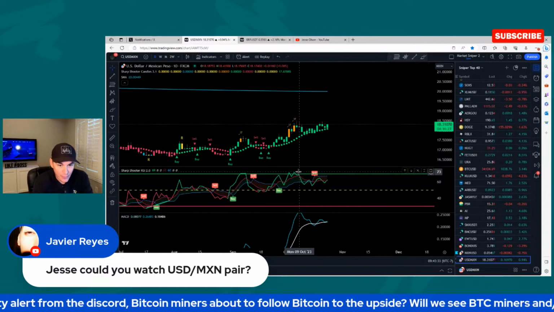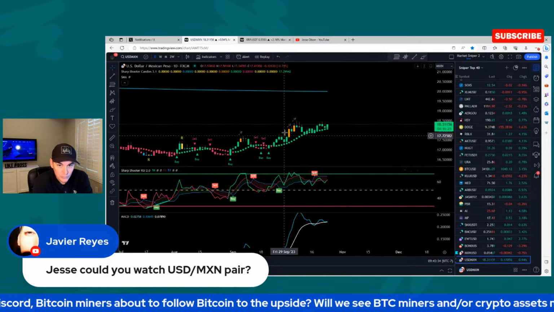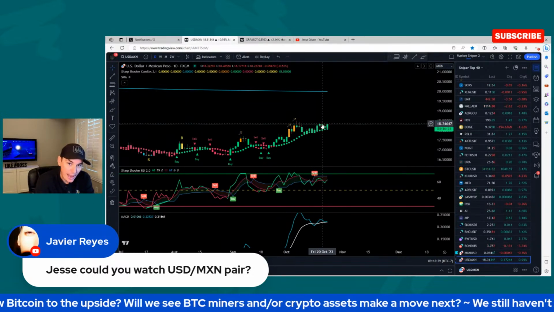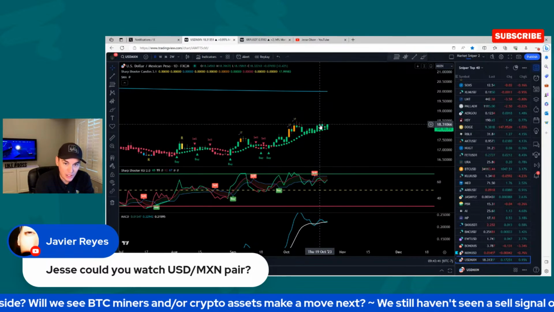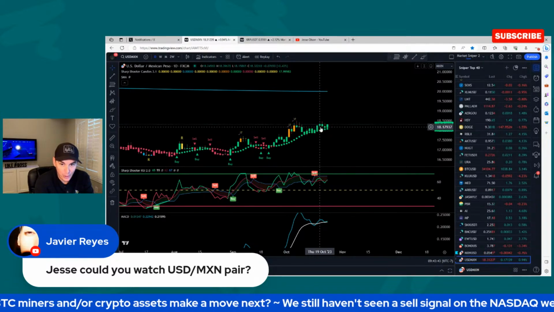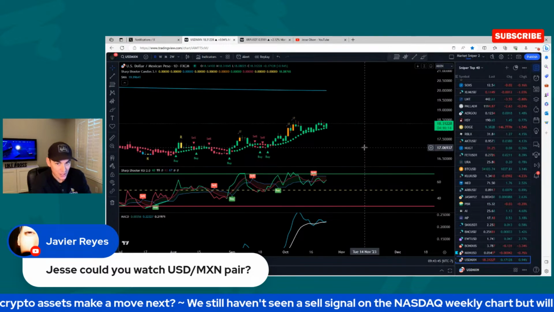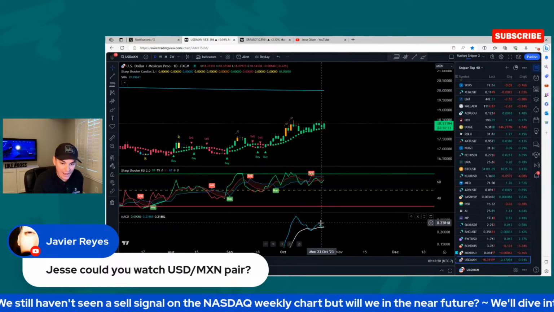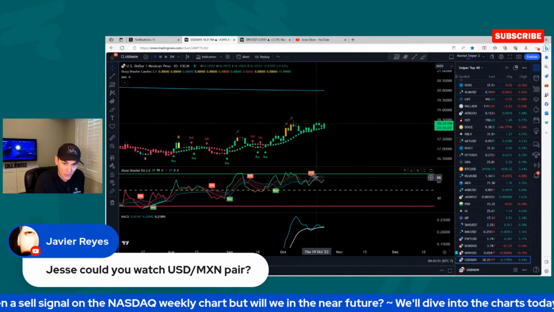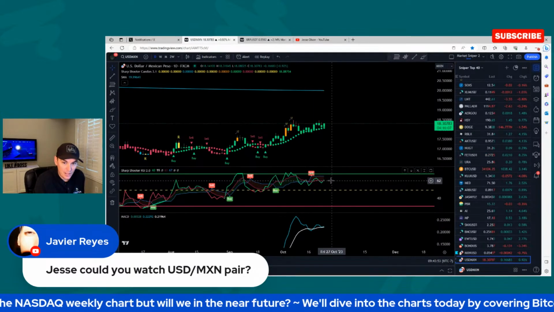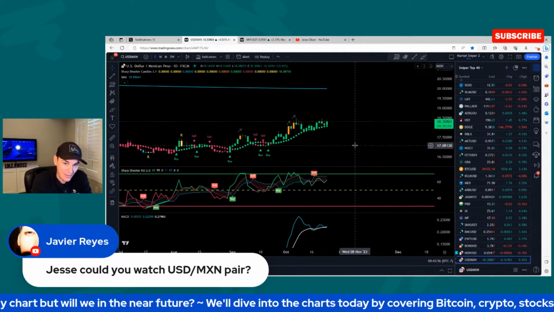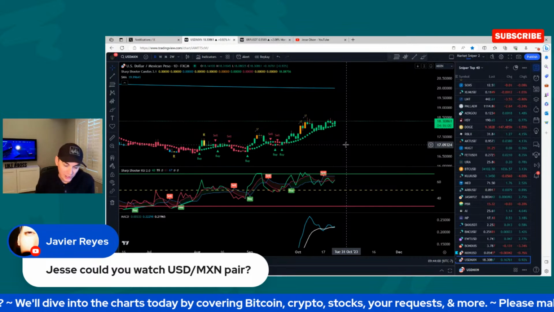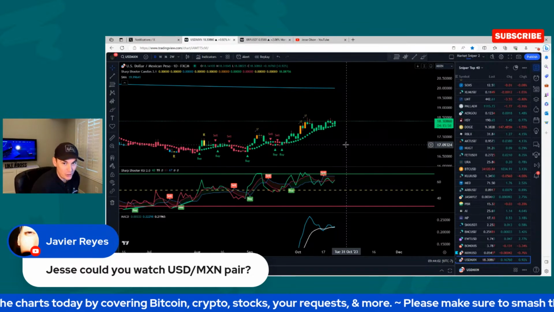If you look at it from here on the daily chart, there was a little bit of bearish divergence, a little bit of a pullback, but now it just made possible additional bearish divergence. So just be aware of that. But as of right now, the MACD doesn't have a bearish crossover. Still in bullish territory at the end of the day. So try to push it as long as you can, also knowing that the weekly chart is bullish and the monthly chart is starting to flip back around.